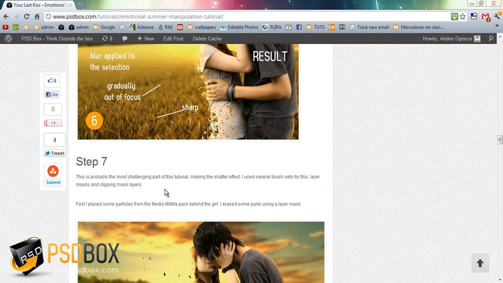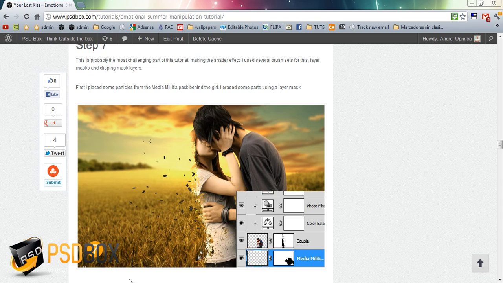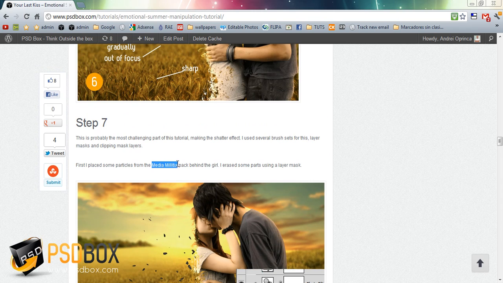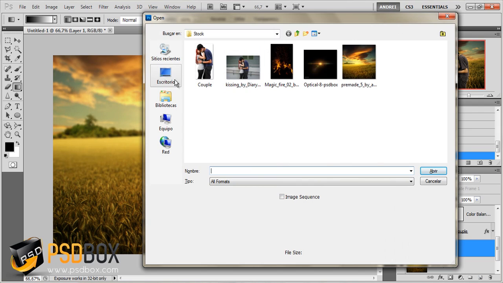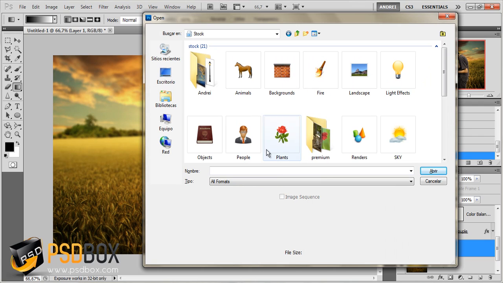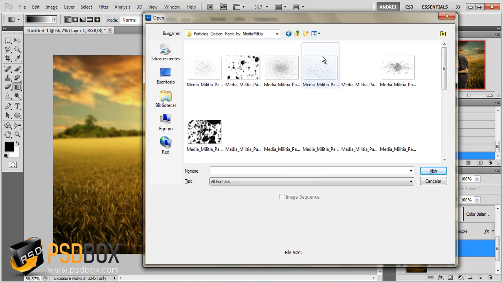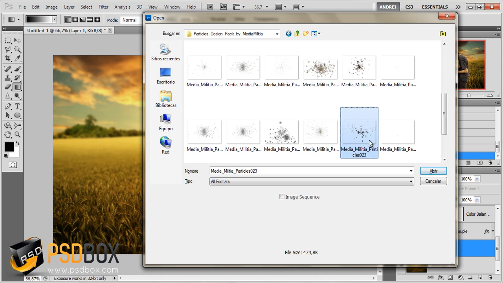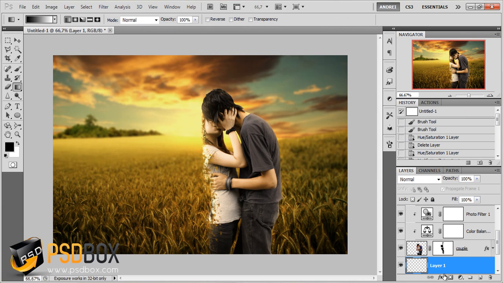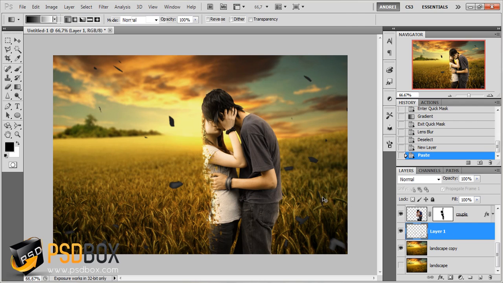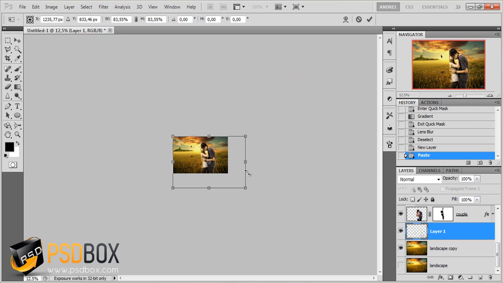So on step 7 I started to add those particles here, and I used this pack that I used in many of my tutorials. So let's do just that. I'll create a new layer under the couple layer actually. So I'll go to my stock folder and look for this particles pack, and I think I used this one, the particles 023 from the pack. I'll open that, select all, copy, and just paste it on this new layer that I created. And of course I'll have to make this a lot smaller,